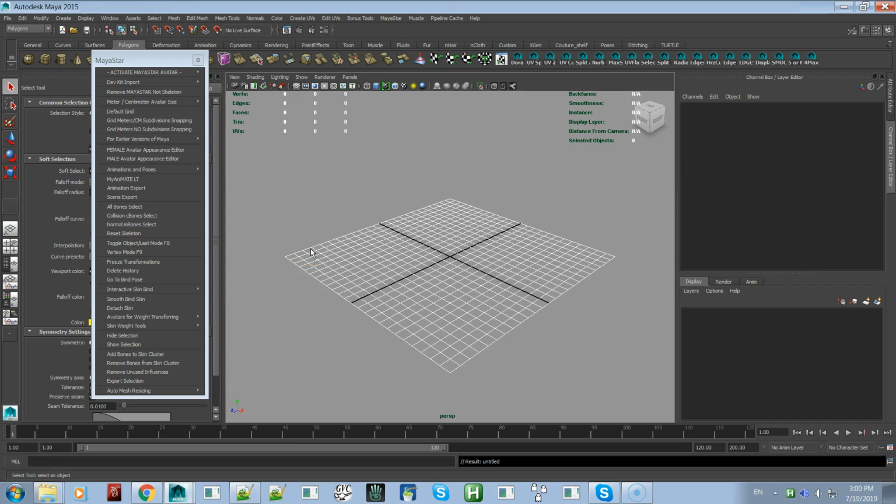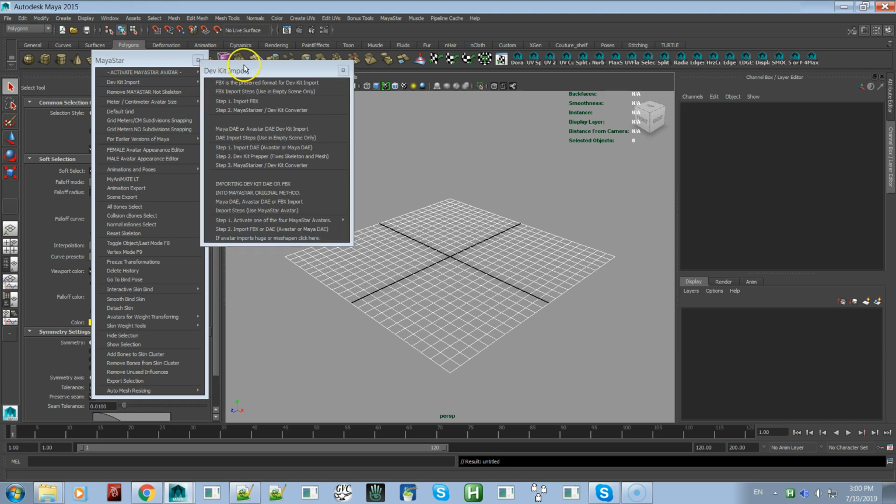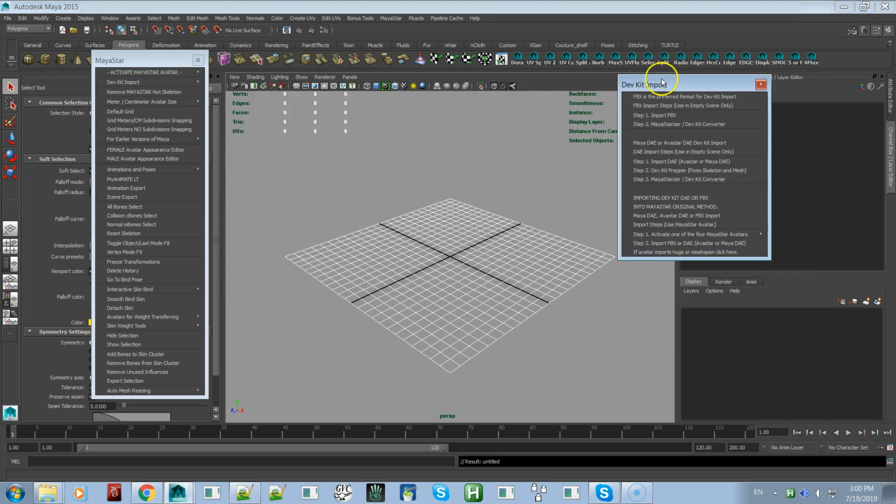Okay, welcome to this video where we're going to go over the dev kit imports. Dev kit import, how to do them. Okay, so I'm just going to go from the top and I'm going to demonstrate each one of these three